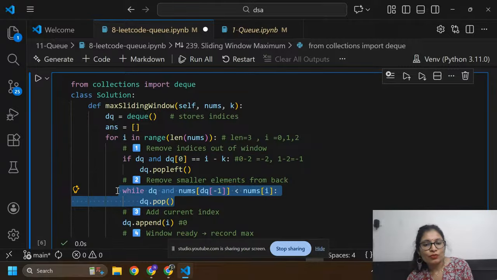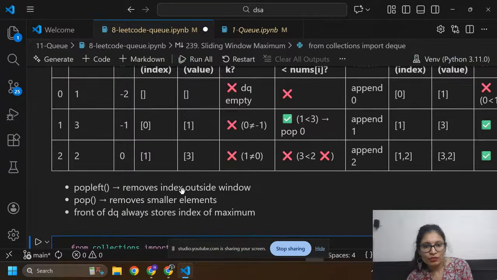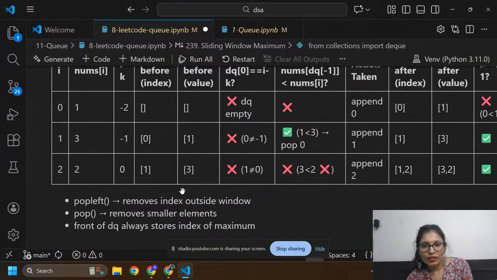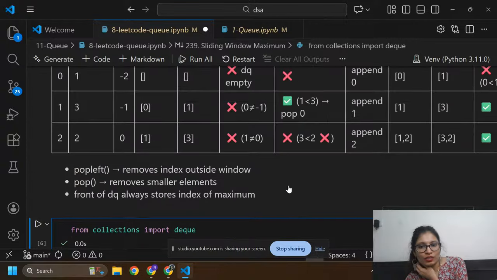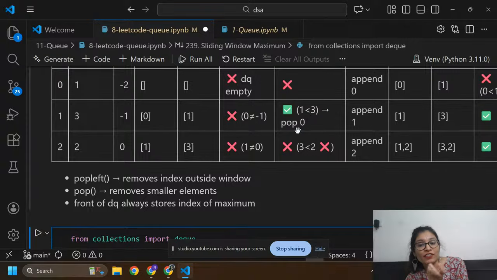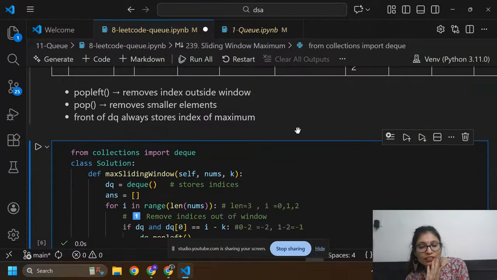Here, inside this, I'm going to check dq. dq is less than number of i. I have 1 in dq, and that is less than 3. Yes, this condition is true.